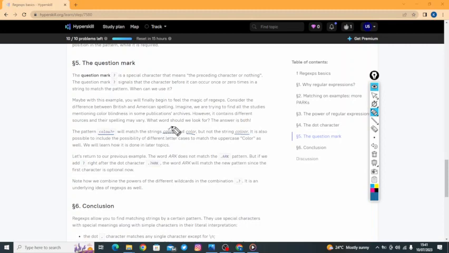So this is correct. The next one, which is color, C-O-L-O-R, it means from our pattern to search, question mark, a character has been removed just before our question mark. So if the character, which is U, has been removed, we will remain with color, C-O-L-O-R, meaning this one matches our pattern. But the last one, which is color, C-O-L-O-O-R, does not match our pattern,